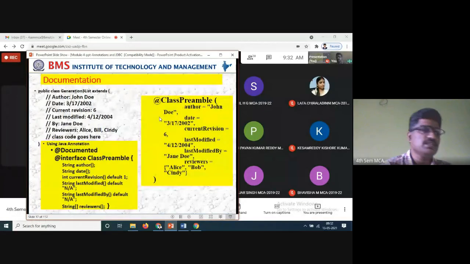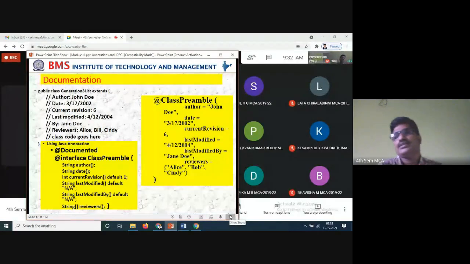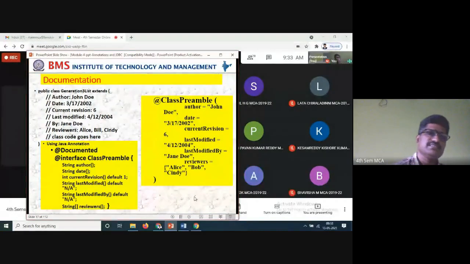Today we'll see a small example on documentation, then we'll move to the JDBC connections. So documentation is nothing but just one simple program, that's all. Here we are writing one example program using the annotations. This I'll run and show you on Monday. Here we have taken author, one author name, and date, 17/3/2002.